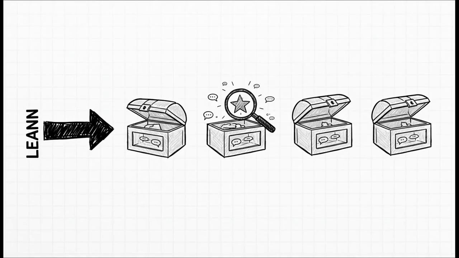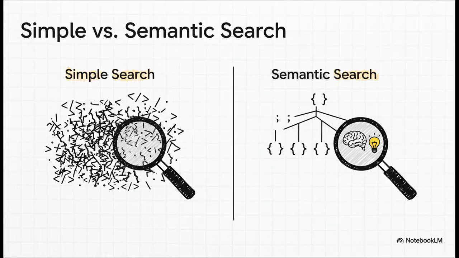Now this one is a big one. Your private chats. I mean, think about all the information and all the memories that are just locked away inside iMessage or WeChat or Slack. LEANN can index all of them, letting you search through years of conversations to find that one specific detail you're trying to remember. And for any developers watching, this is a total game changer. You can index an entire code base and use semantic search, so you're searching by meaning, not just keywords. It's even smart enough to understand the structure of your code, which gives you way more intelligent results.